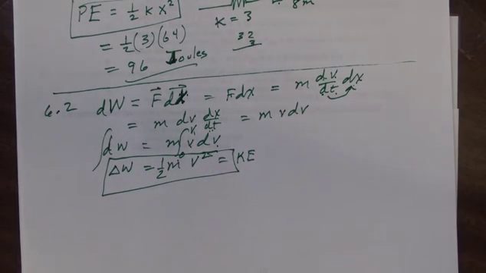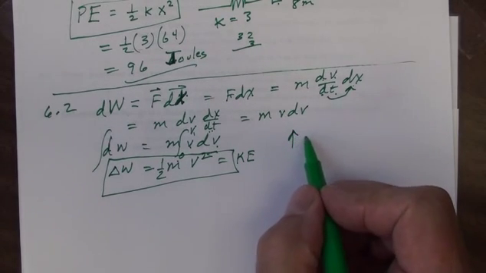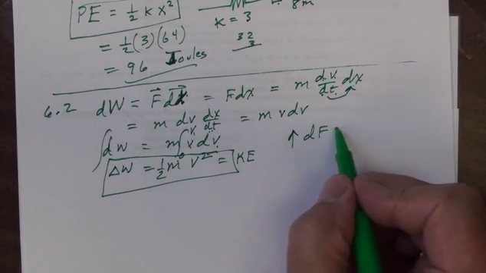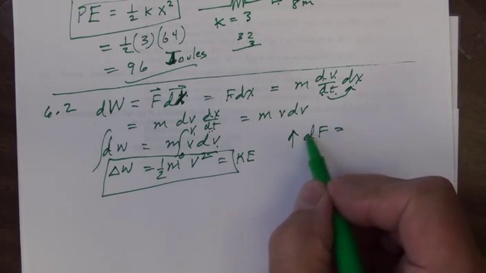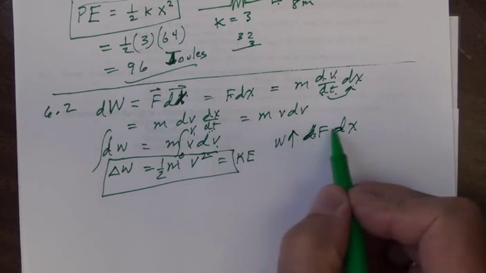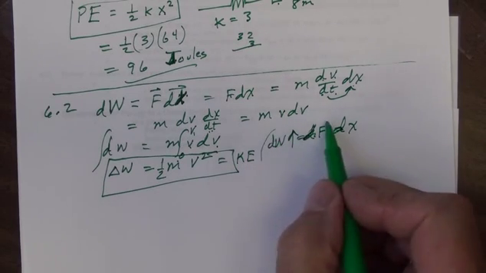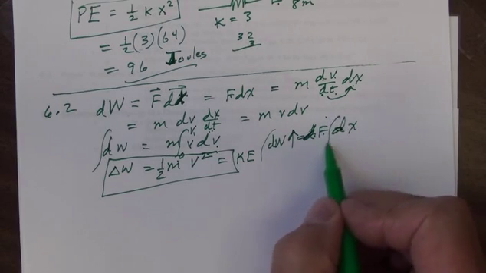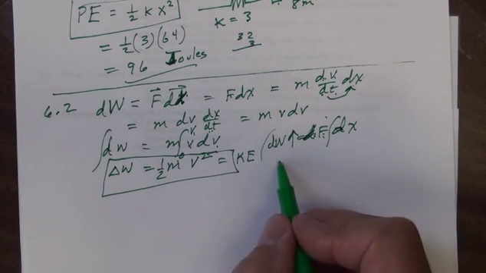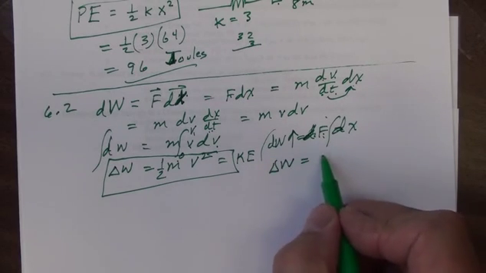So it's a pretty simple derivation, and you need to have seen that if you're aware of calculus. The next one is the potential energy, and of course there we have a force times an infinitesimal distance. That'll give us our work. It's infinitesimal, and so we integrate both sides. The force here is constant. So the change in work, or the change in energy, is going to be mass times